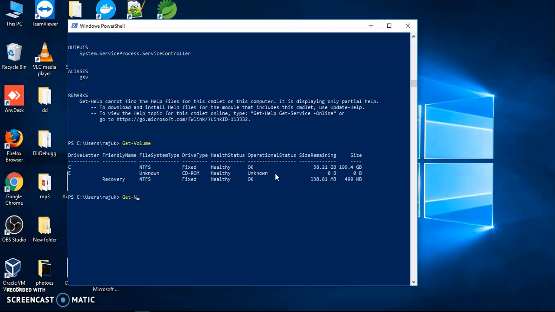Like this, first I wrote N, it shows one command, then another, but we are not getting the command we want, so we keep hitting tab until we get it.